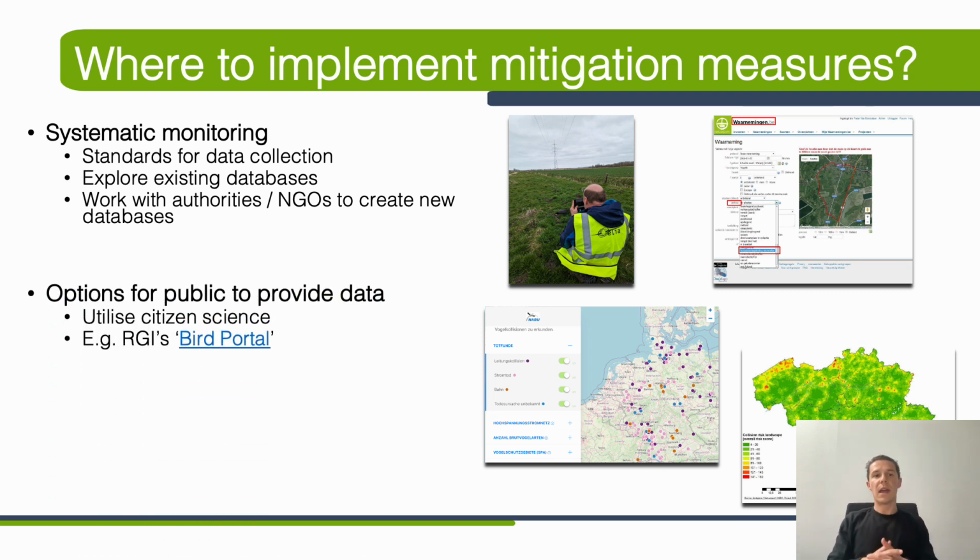Next, we can look at creating options for the public to provide data, to contribute to the awareness of the issue. Indeed, it's often the public who is out walking in nature and who would find dead birds underneath power lines, and therefore we can really use the power of citizen science to build the knowledge here. And here we link to the example of RGI's Bird Portal, which is a German project where we work with 7 grid operators and NABU, the bird NGO, to allow the public to register every time they find a dead bird around a power line, and this data is then collected,